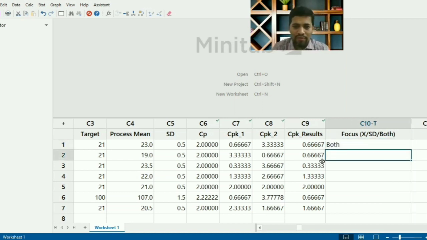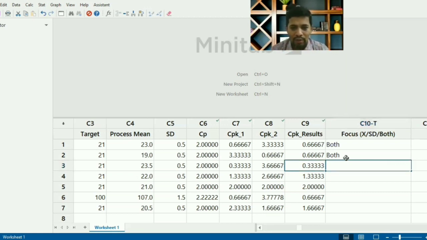Next case, here CP is 2 and CPK is 0.6. Again, I'm going to focus on both, because 0.66 denotes 2 sigma. I have an opportunity for further improvement, to make the mean value closer to the mu value, that is the target, and to improve standard deviation. The standard deviation means variation. Next one, like this you can find out here too. Although CP is good, CPK is poor. Like this we can make the classification and justification.